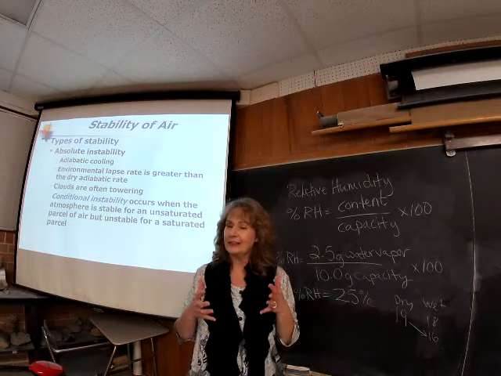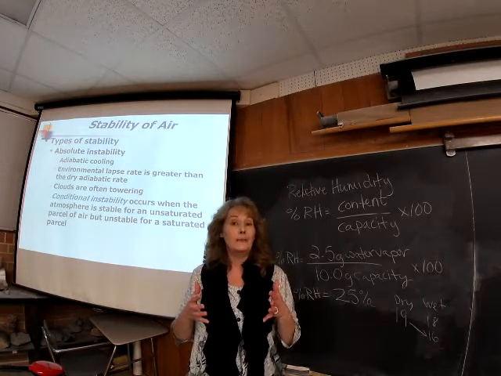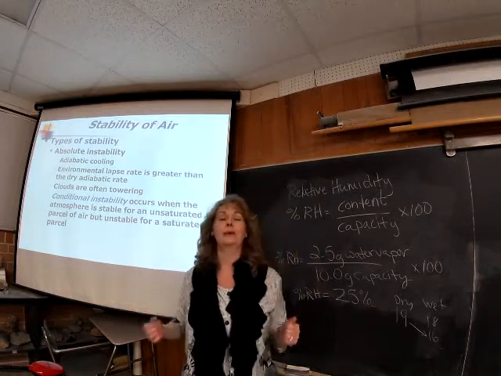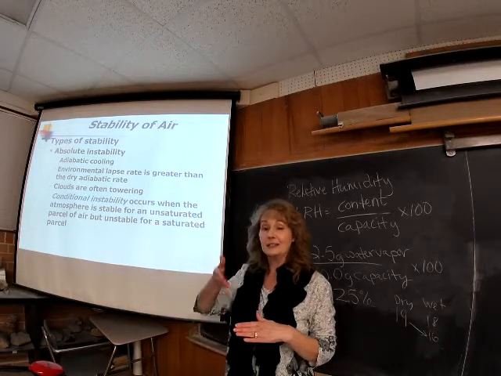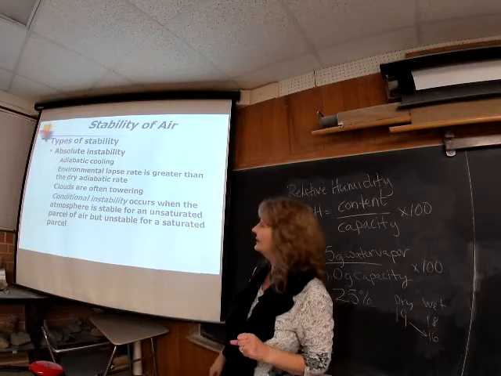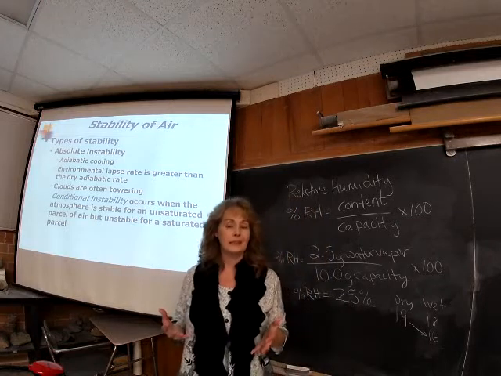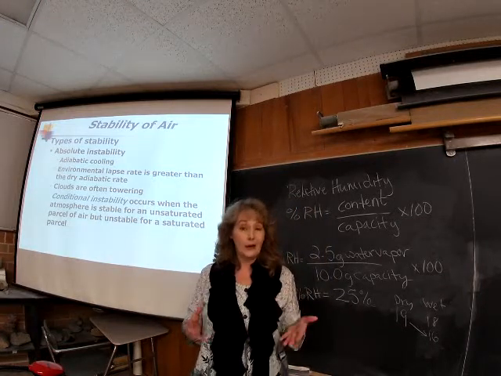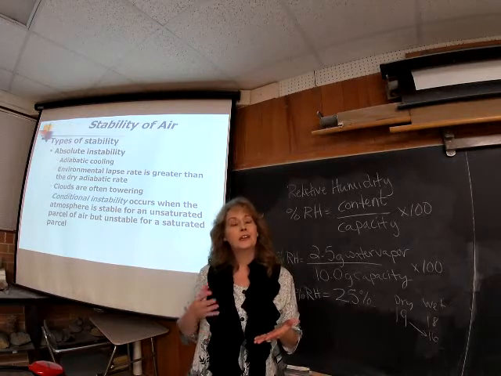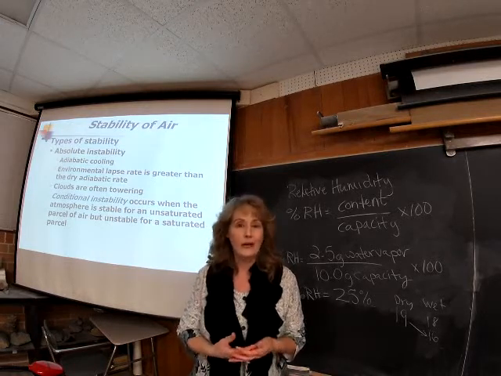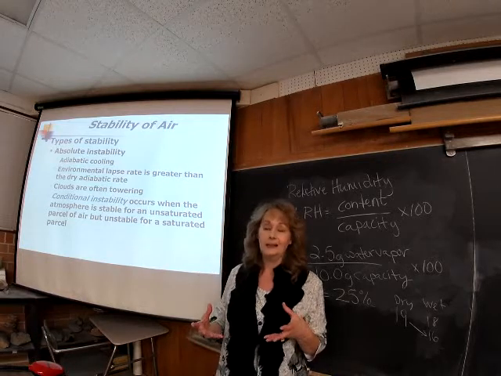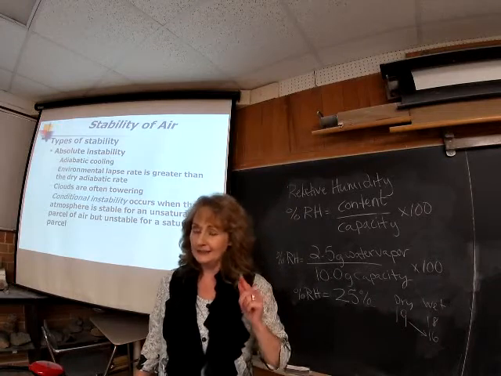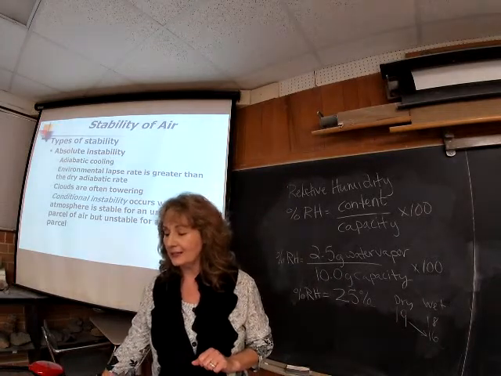So in an absolutely unstable environment, you're getting towering clouds forming. These are huge, great vertical development of your clouds, and that's these cumulonimbus clouds, and we'll talk about our cloud classifications in a second. You're getting towering cumulonimbus clouds, the thunderstorm clouds, the lightning, the hail. Some of these can produce some tornadoes. So yeah, unstable air definitely wants to continue rising.